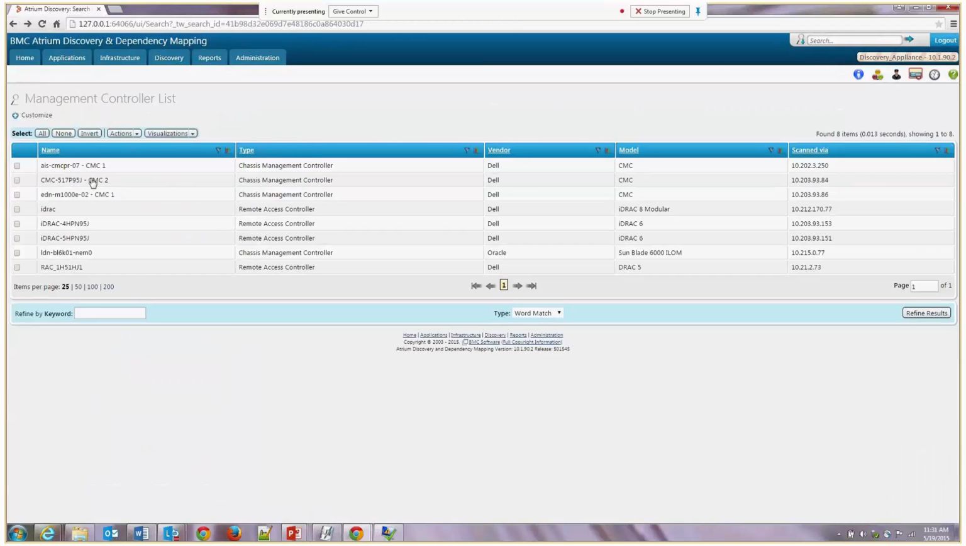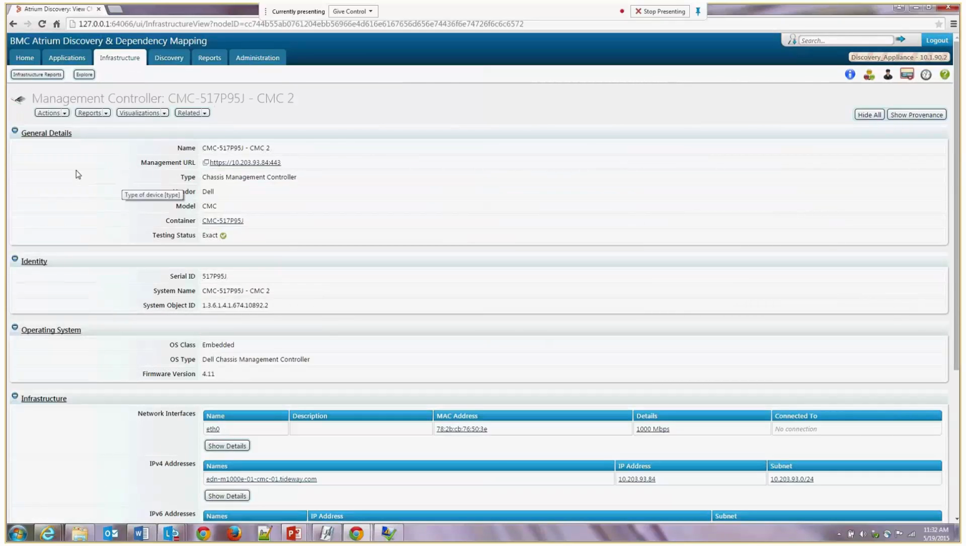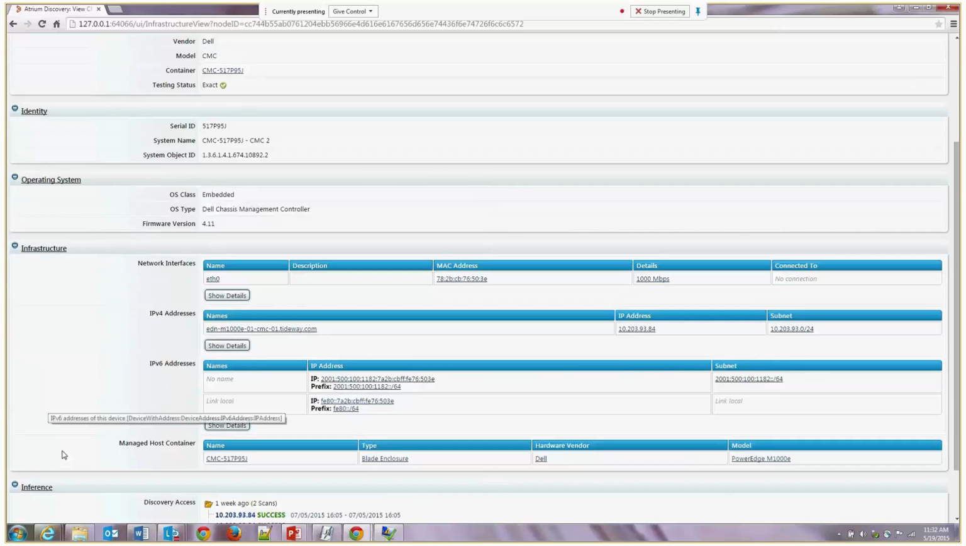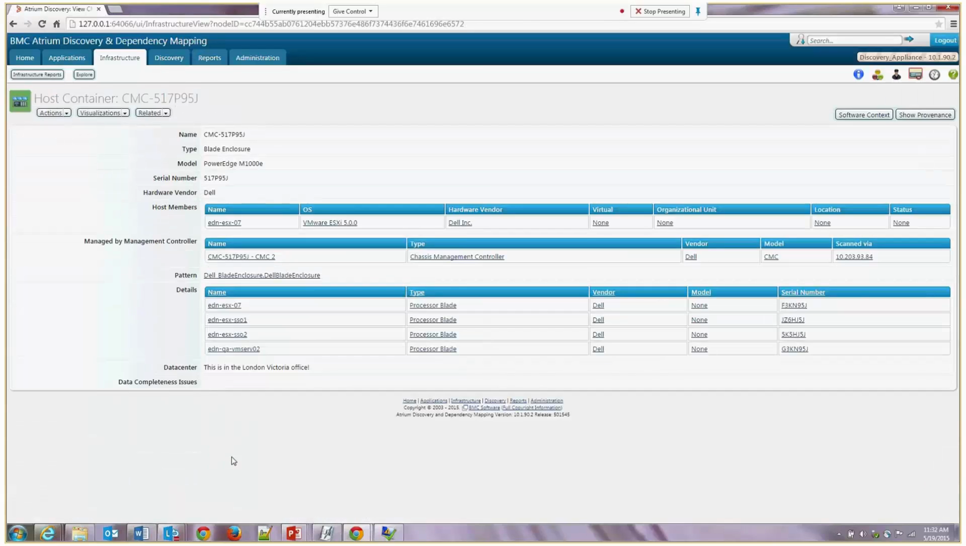If we look at this particular item, it doesn't really matter. You'll see chassis management controller. One thing I didn't point out before was the actual URL that you would use to access the interface to manage the system through the management controller. We have the vendor, serial, and so forth, and then down here, instead of just a host, we have a whole host container, a blade enclosure that we're managing. We can click on that blade enclosure, and it'll bring us there. And the information we see here is